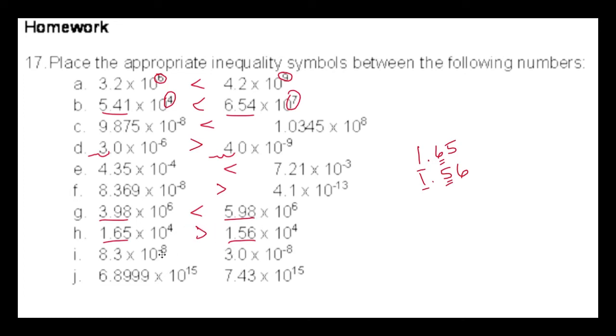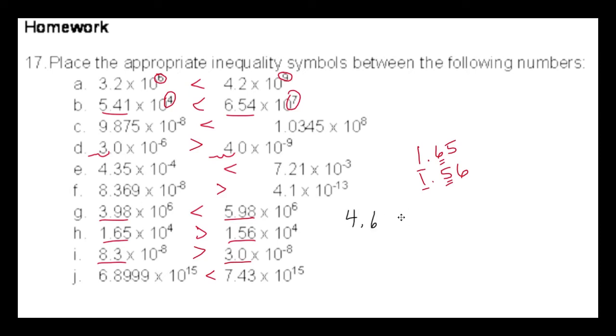Next problem, negative 8, negative 8. So I look at the number part, 8.3, 3.0. 8.3 is larger. Then 6.899, 7.43. So 6.899 is smaller, so less than. So that was pretty easy. If I had a problem where I had to move the decimal, I'll give you an example. Let's say this one,